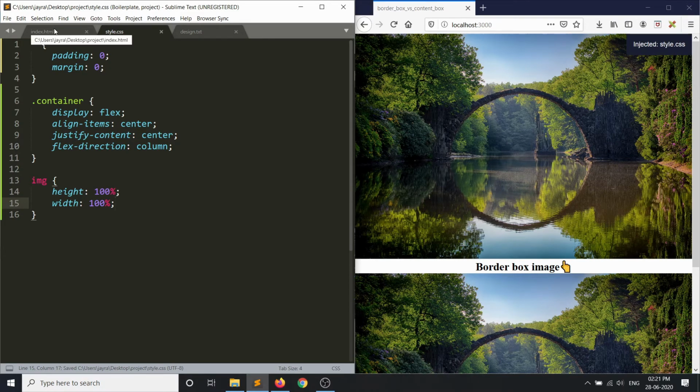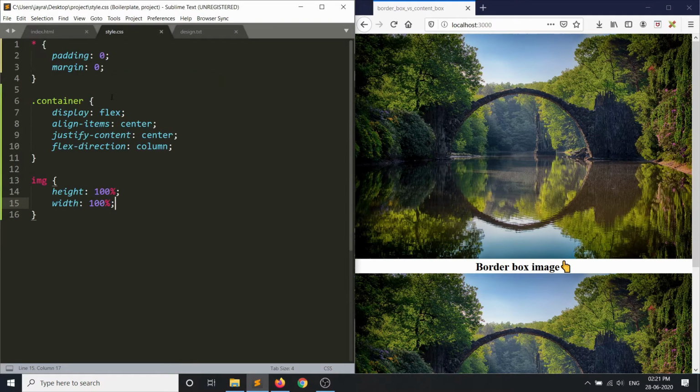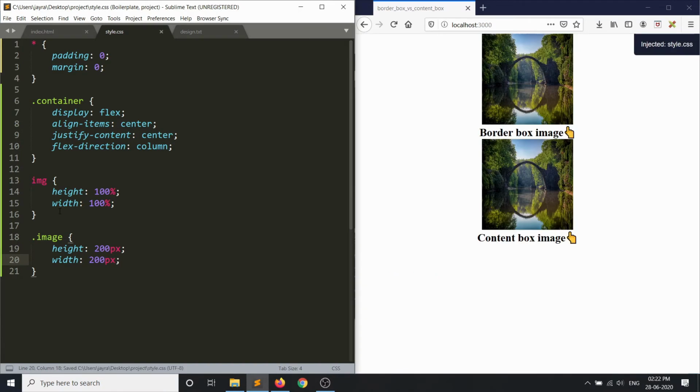Okay, next thing that we'll do is go ahead and style our image class, which applies to both the images. So I'll just do .image, and I'll just say height of 200 pixels and width of 200 pixels. Okay, so both of these images now have a size of 200 pixels. Next, let's put some padding of 20 pixels.